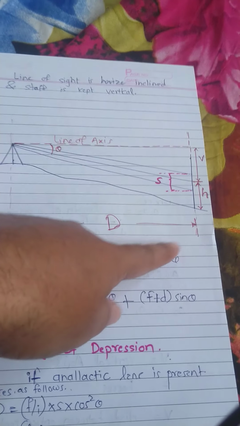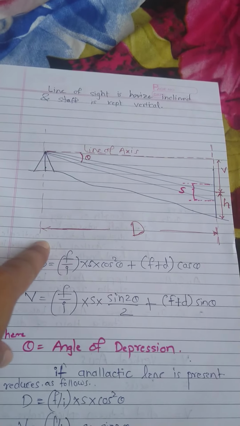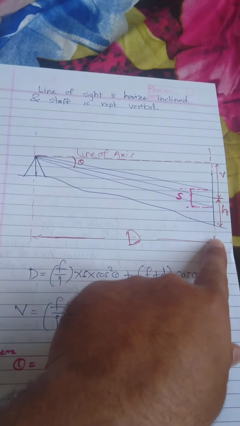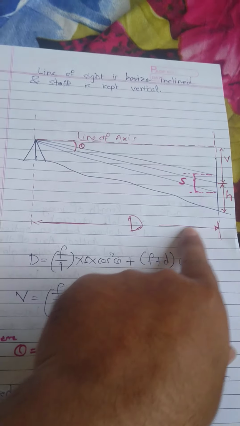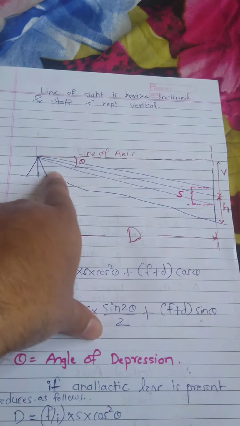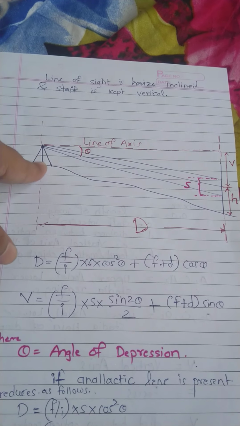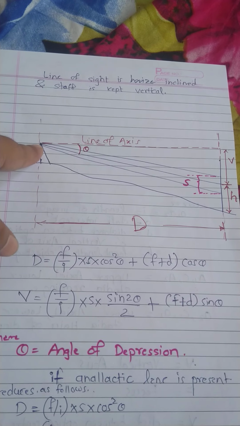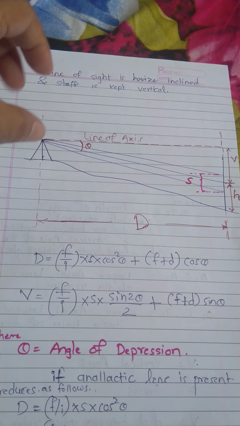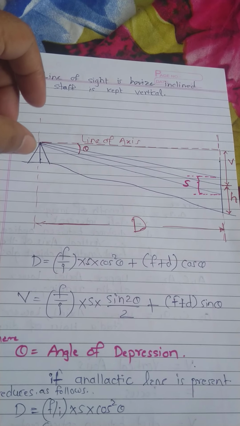So here this is the ground point, this is the instrument station, and this distance is required between instrument station and the staff station. Now this horizontal distance we are going to determine using tachometer. For this purpose set up the instrument, carry out centering, carry out leveling, and carry out focusing of the eyepiece so that the three hairs are clear and bright when we look through this eyepiece.